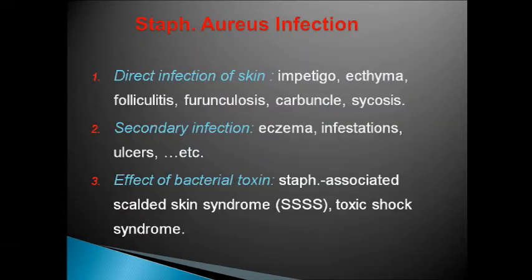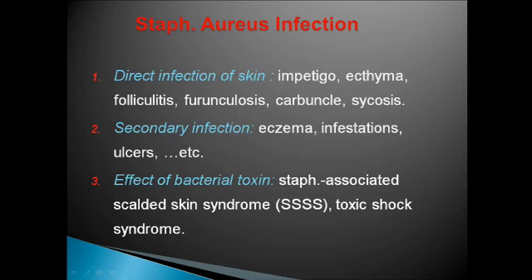The most common commensal bacteria of our skin is Staphylococcus. Staphylococcus aureus, as we all know, is a clustered cocci. It is a gram-positive organism, and most commonly it causes infections like impetigo, ecthyma, folliculitis, furunculosis, carbuncle, and paronychia. We will discuss the names of the infections, don't worry.